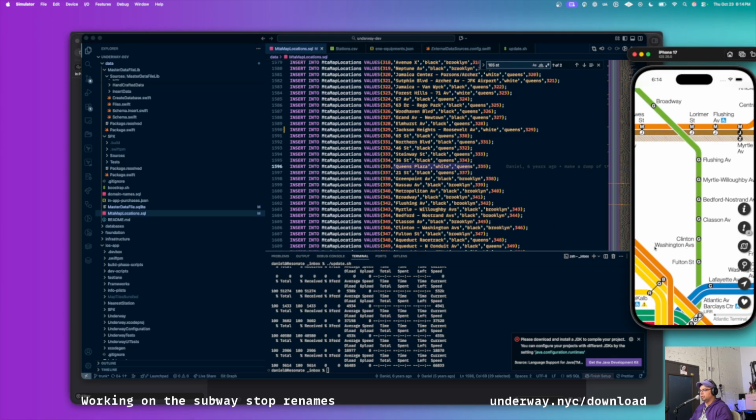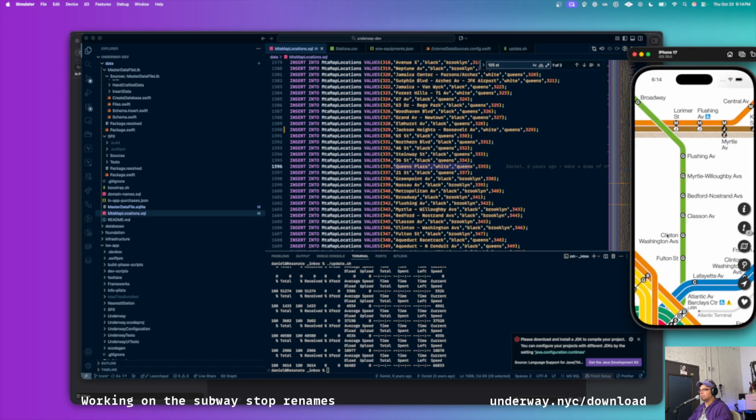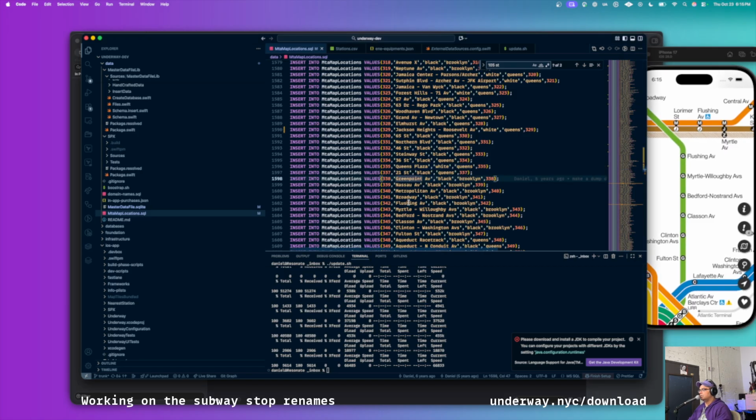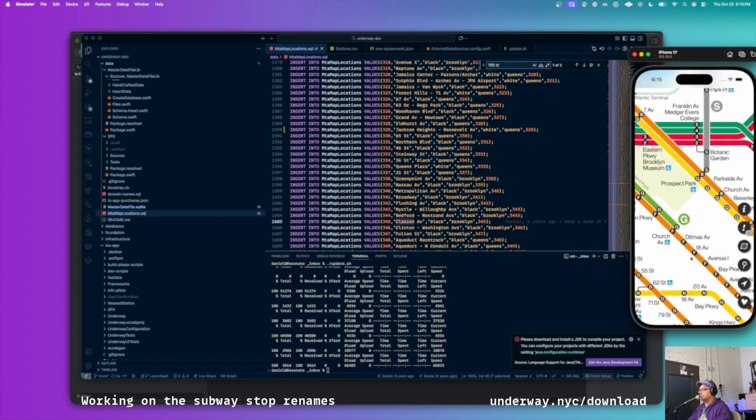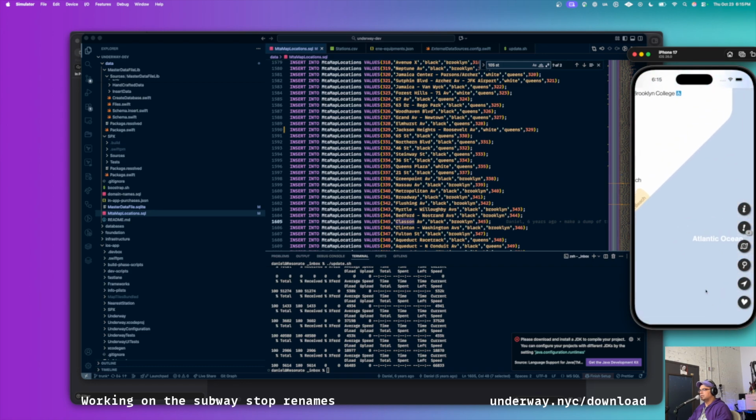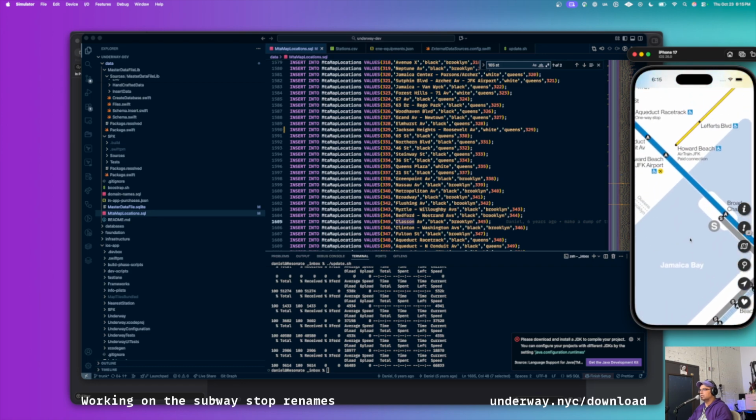Again, I'm assuming that the dash is implied there. Classon on Fulton Street. Okay, then we are jumping all the way down to the water for